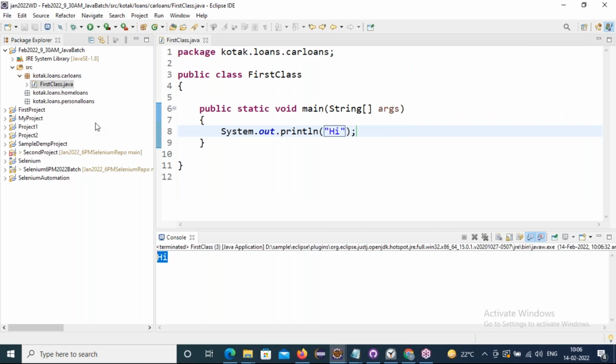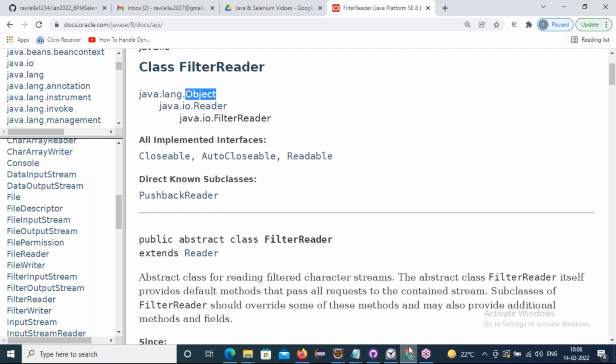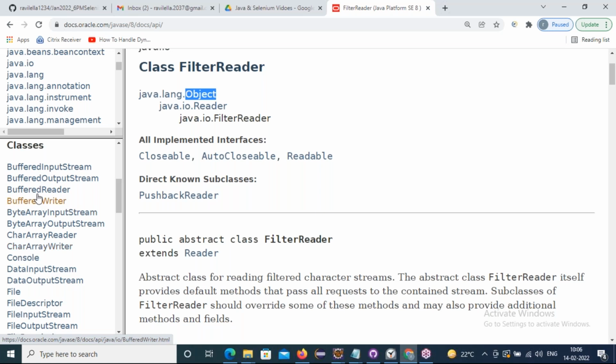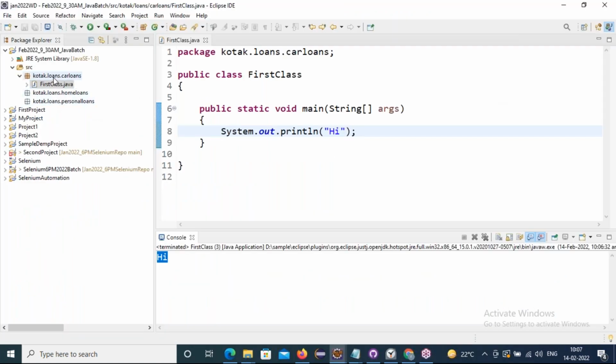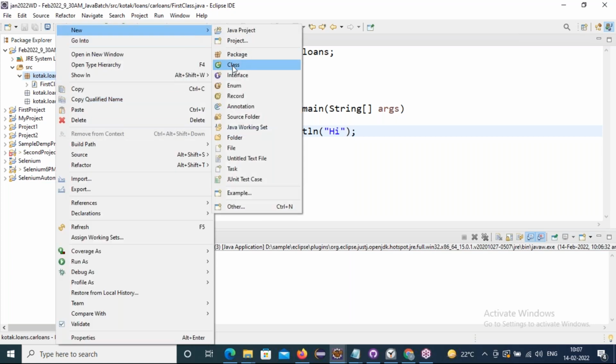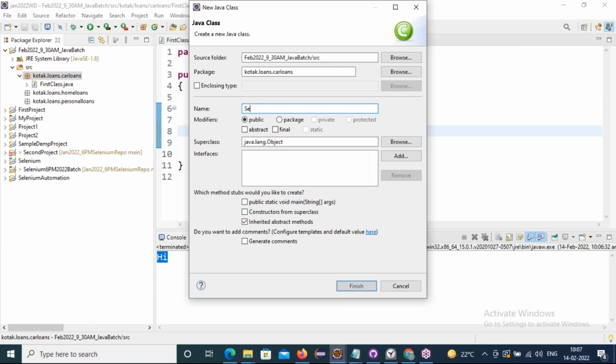Likewise, I can create n number of classes under my package. See how it is. So many classes are there. Similar way, in my project also, in my package, I can create so many classes. So if you want to create one more class, what to do? Right click on it, new class. Let's give it as a